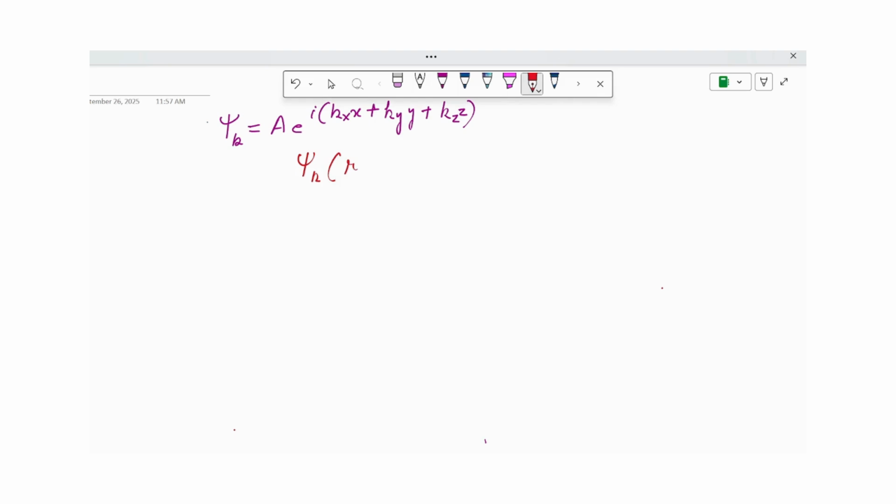So I can clearly write it as psi k of r should be equal to psi k of r plus some constant. That constant will depend upon whether we are moving along the x-axis, y-axis, or z-axis. So in elaborated form, I can write this as psi k of x, y, and z should be equal to psi k of x plus a, or here I have taken it to be L,